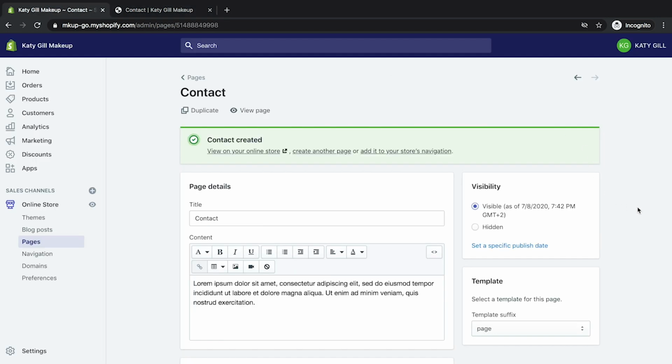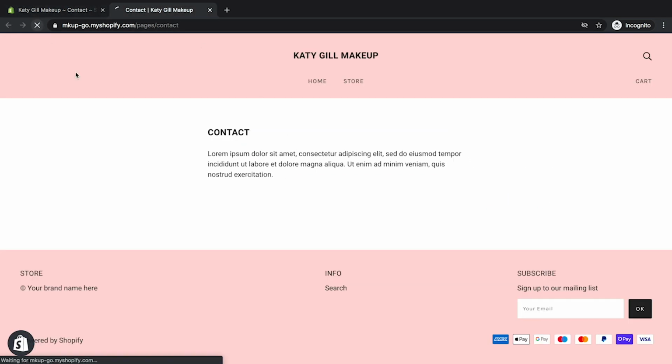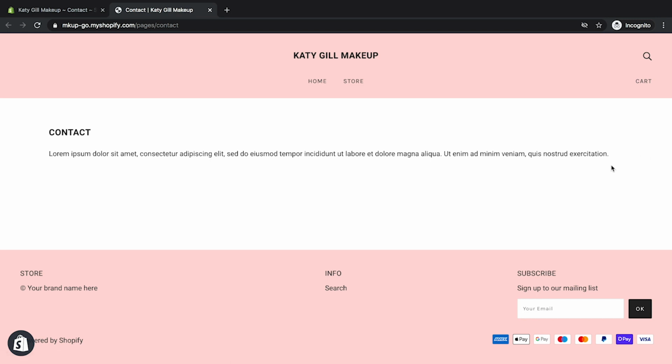One thing you want to bear in mind is the template section here. Depending on what theme you have, what options you've got, this is going to look slightly different to you. But effectively, there are different sub-templates you can use for a page, and you can select which one you want. So if I go to page full width and save, it takes quite a slim page and then makes it wide. I don't recommend this if it's just a page of text. There is an optimum reading width, and it's usually between 600 and 700 pixels. This is far too long, but if it works for large images or something, then you've got that option.